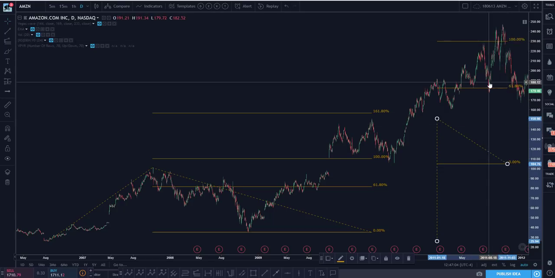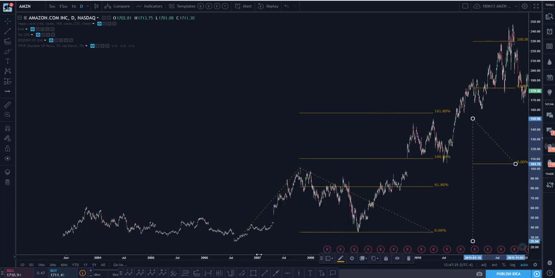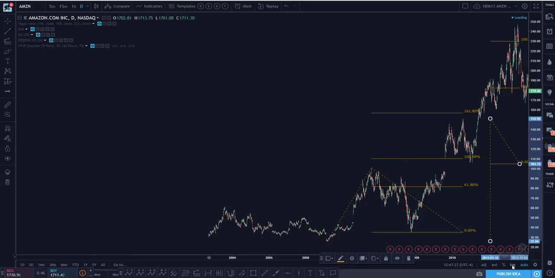It's during Amazon's heyday, so not at all surprising that this could be the 1, 2, 3, 4, and 5, and now we're correcting all of this, right? If you were to give me this chart without any more price record beyond that, this is probably the way I would count it, just like I counted BTC last Friday. Now, with some context in terms of time, we'll see that, and let's put it on log too,